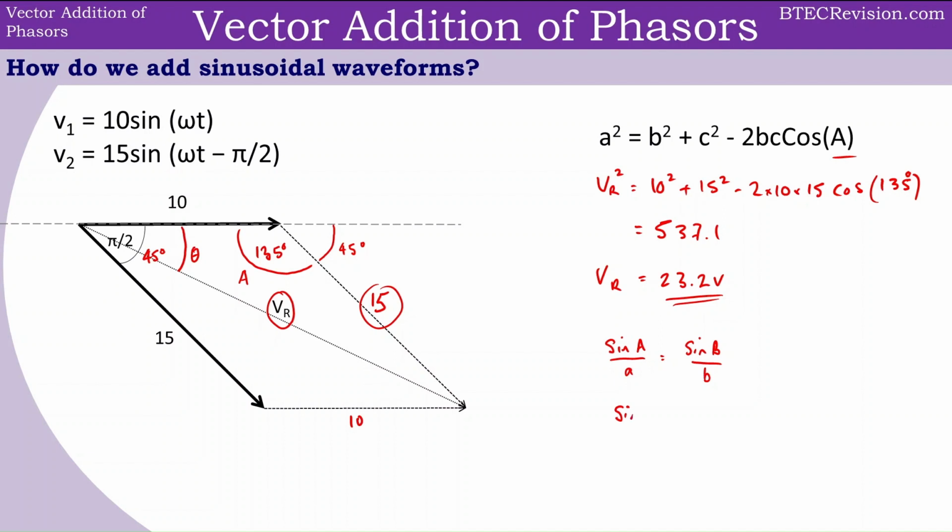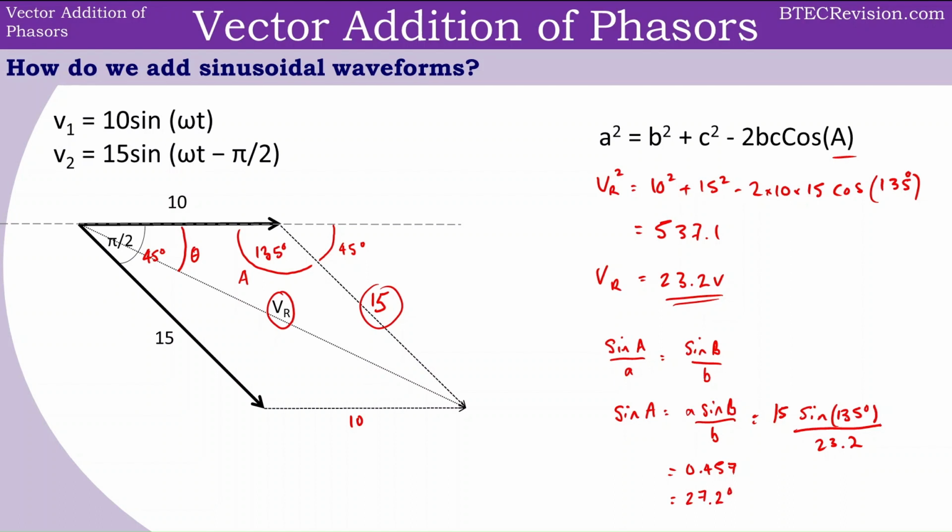Rearranging for sin A, that sin A equals A sin B divided by B, which is 15 times sin B, which is 135 degrees, divided by our b value, which we worked out to be 23.2. And this gives us a value of 0.457. So taking the inverse sine of our answer gives us